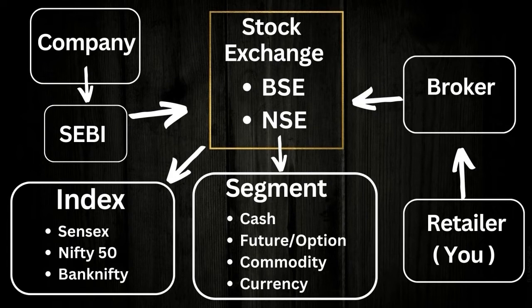These three indexes always move in the same direction. It happens very rarely that Nifty and Bank Nifty go in opposite directions, but most of the time they all move together in a single direction. These indexes also represent your country's GDP and performance. The same happens with all countries around the world. They all have different indexes, and those indexes represent their country's economy. In India stock market, we have four segments.